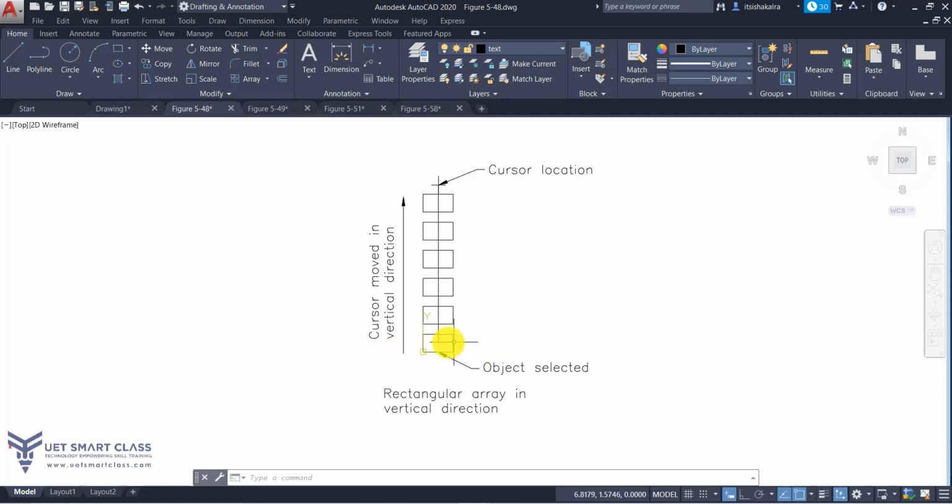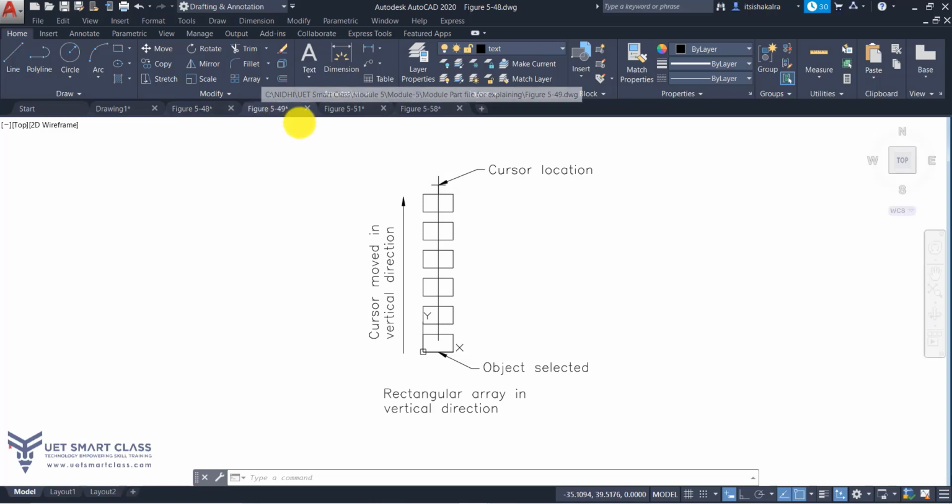Here this is a rectangle which has been selected, and I can also do it dynamically if my dynamic input is on. If I move my cursor in the vertical direction, it will create a rectangular array in vertical, giving a column.